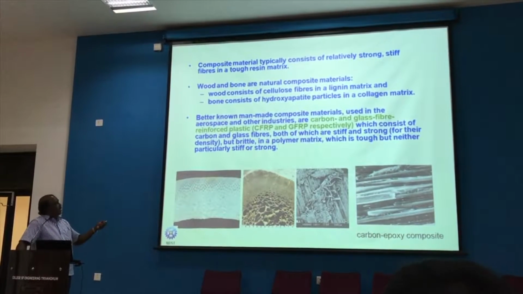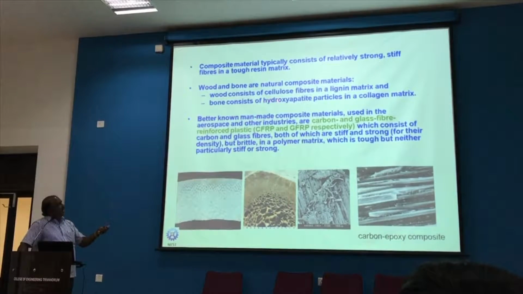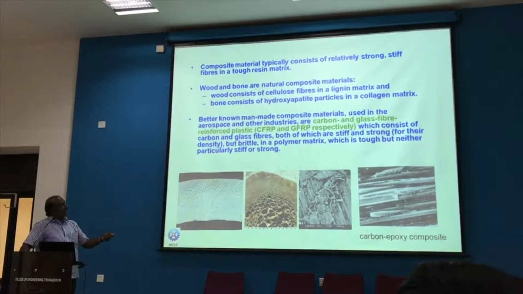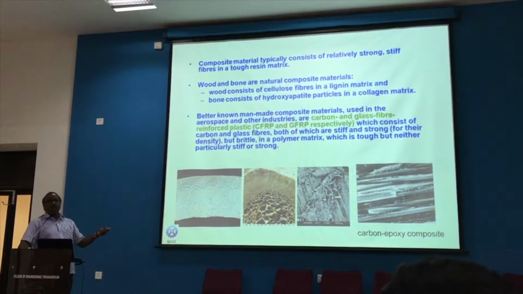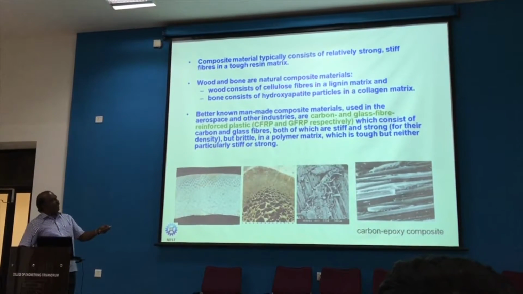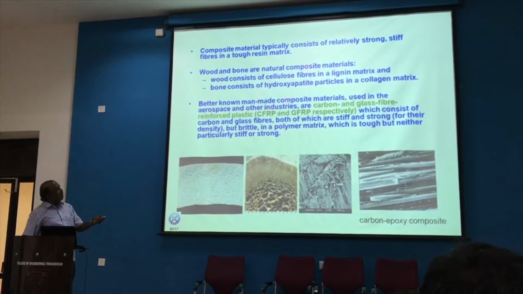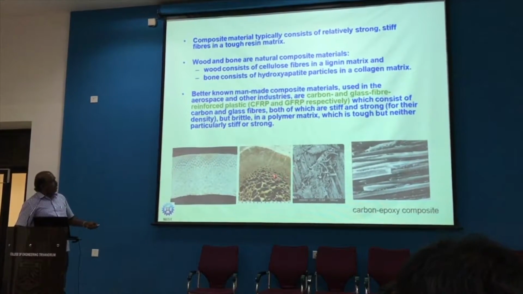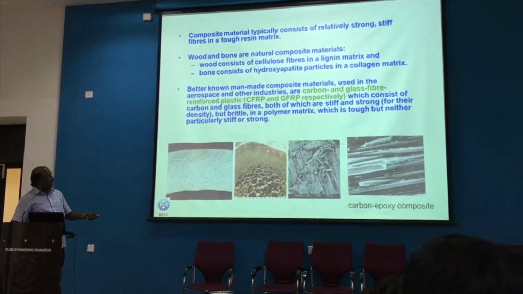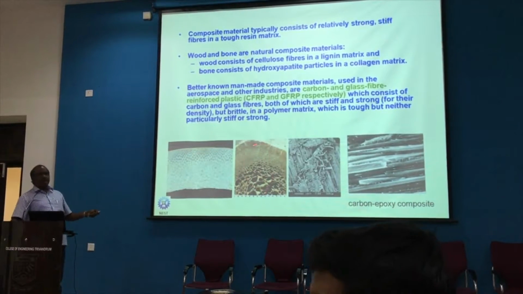And bone is another material, which contains hydroxyapatite particles in a collagen matrix. That means you can see that very fine calcium phosphate particles, that is hydroxyapatite particles, are dispersed in the collagen matrix to make this type of composite material. And this is an example. For example, you can see this is a bone which contains a denser outer structure and a porous inner part. So this is a typical example of a functionally graded material also.